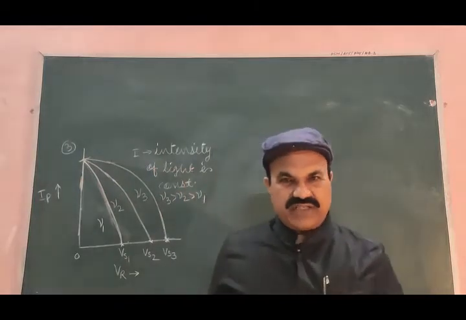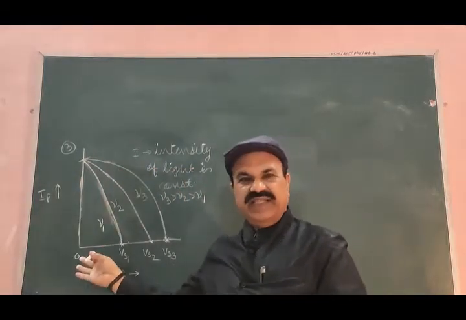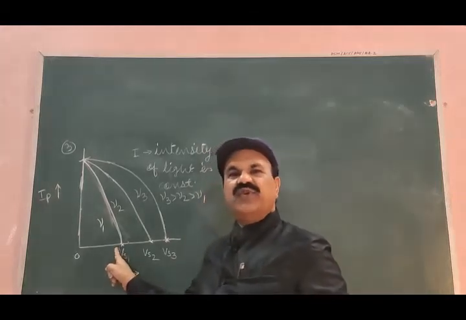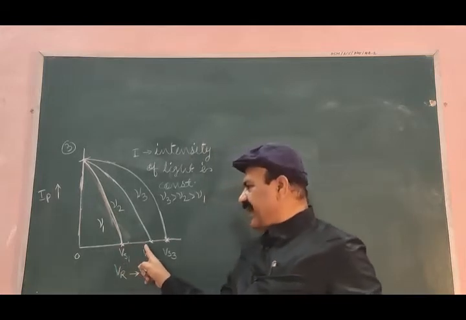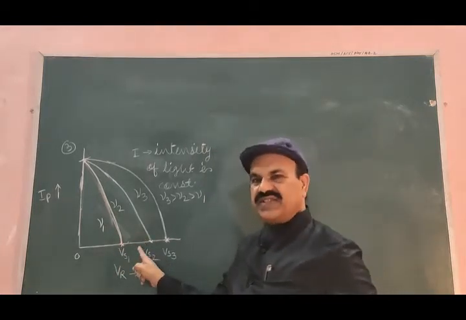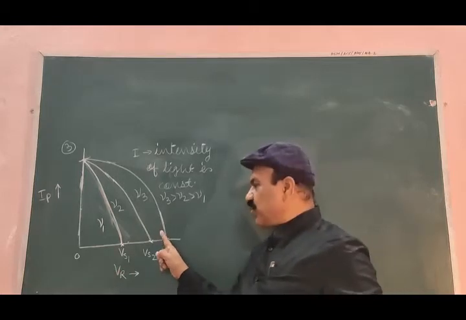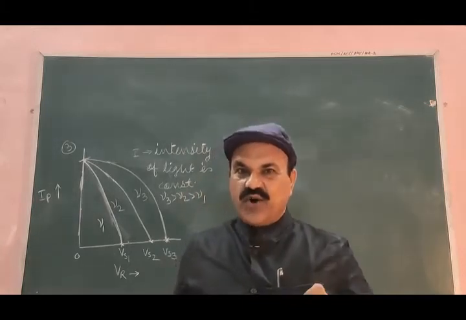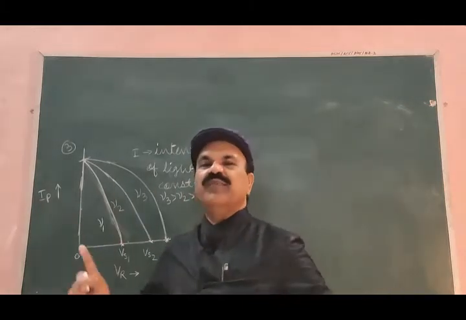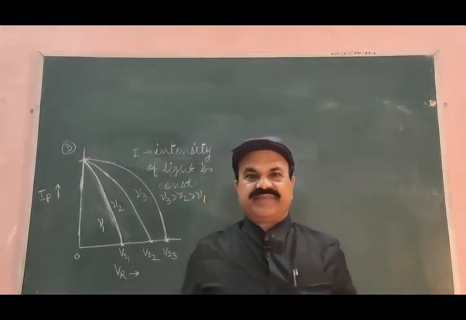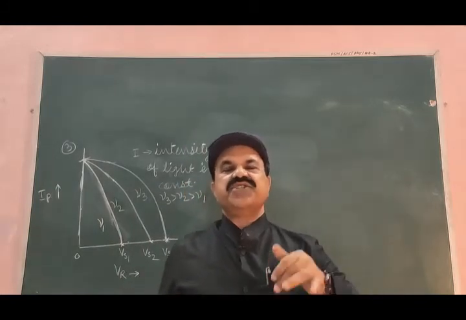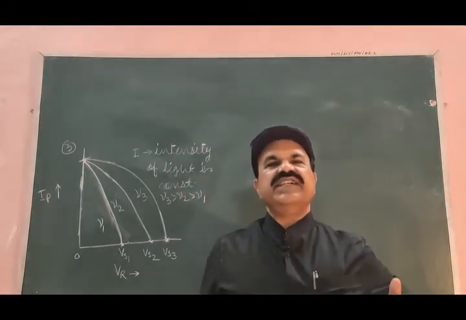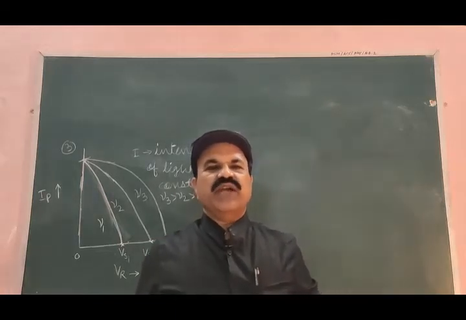What inference, what conclusion can be drawn from the study of this experiment? Kinetic energy of photoelectrons here is small. Kinetic energy of photoelectrons here is more than this. Kinetic energy of photoelectrons here is more than this as well as more than this. It means that the odd thing they observed after performing this experiment is that the average kinetic energy of photoelectrons in the photoelectric effect is independent of the intensity of the light falling on the photocell.